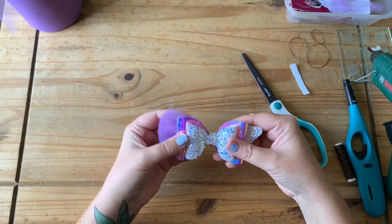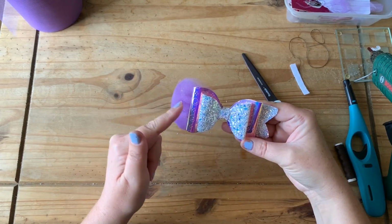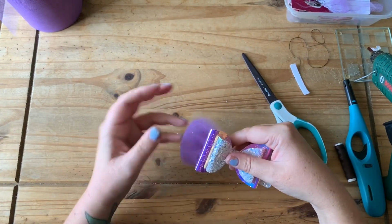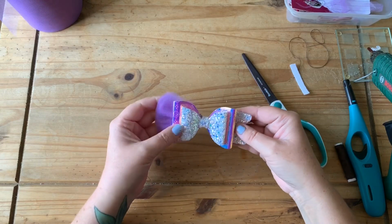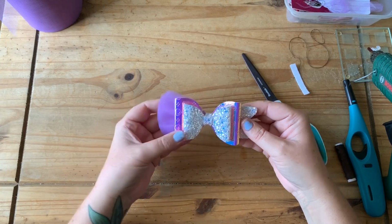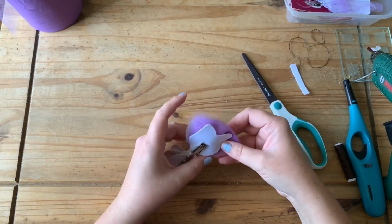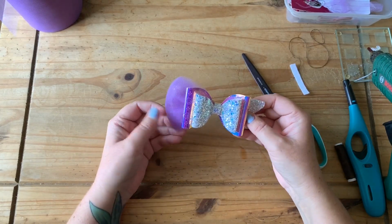Obviously you can cut the tulle into any shape you like. So if you want it to be this shape, you could just cut into it. Or you could cut some scallops into it. But we want it to be just like that. So that's adding tulle to one side of a bow, and if you've got the notifications turned on, very soon I'll be making another video on how to do the tulle across the whole bow and making a bow from tulle in the shape of a tuxedo bow. I'll do that one as well, but for now